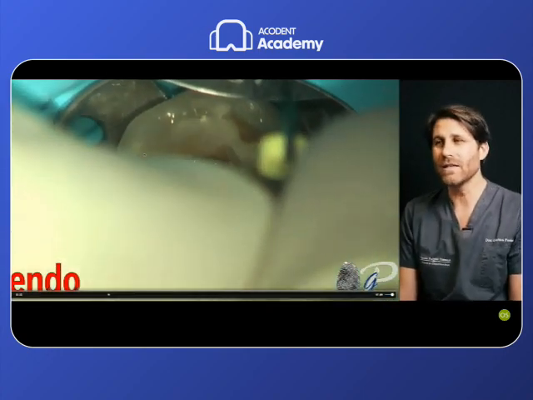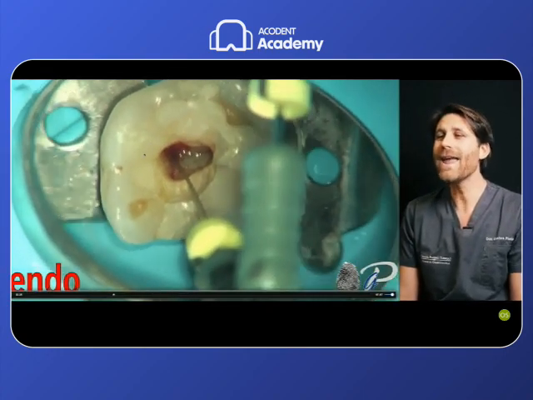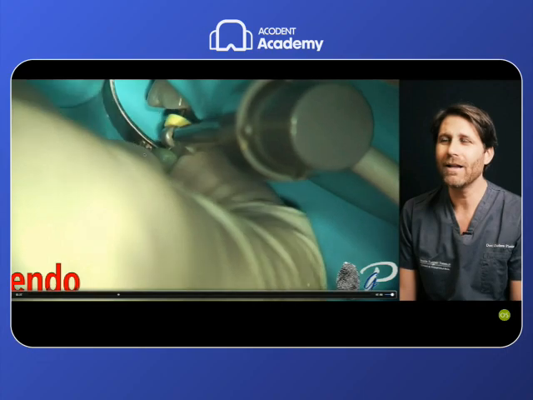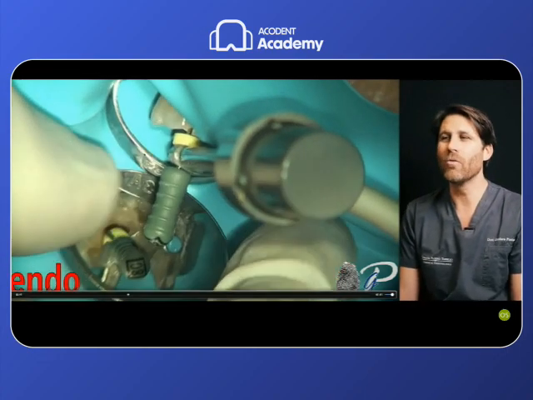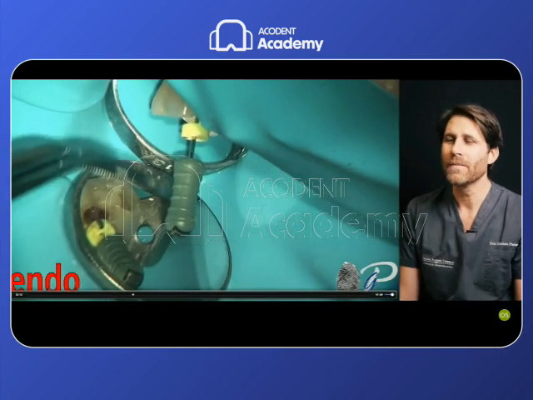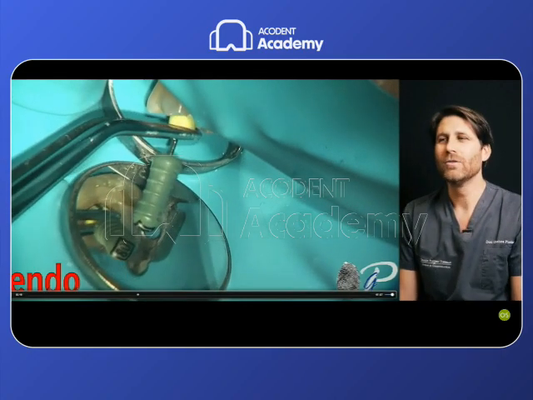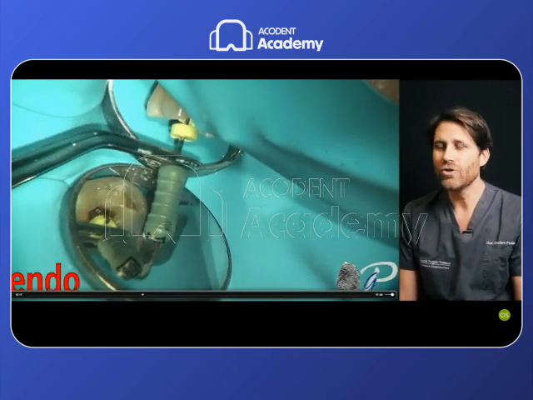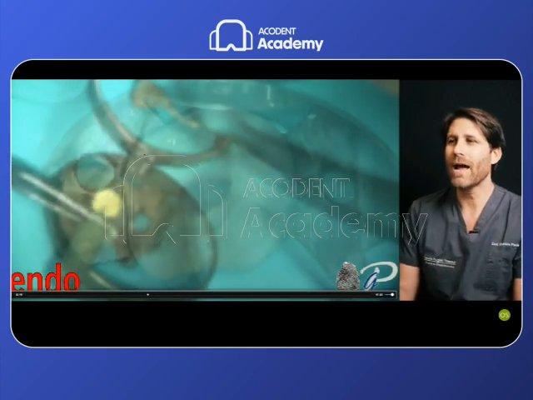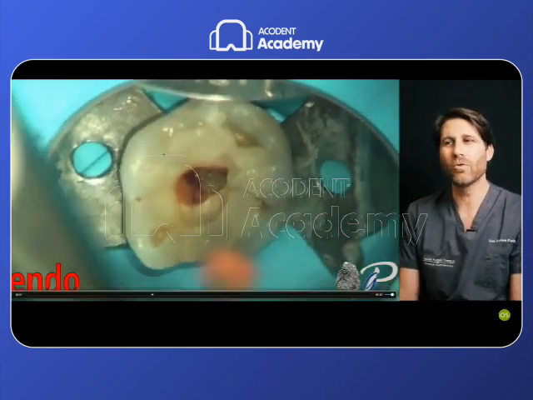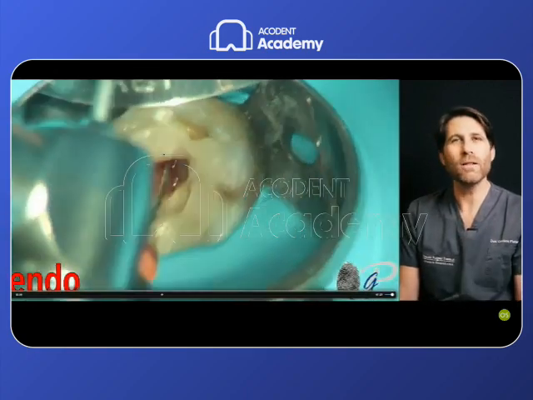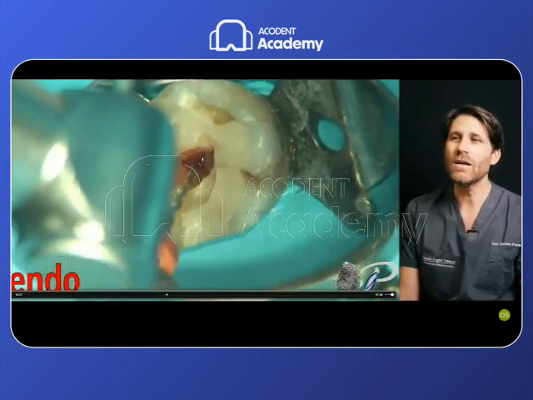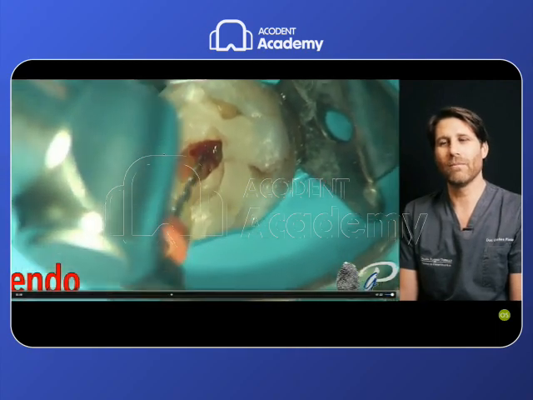So after the 6, I use the size 8 stainless steel K file under the control of the apex locator with this small watch winding movement, without working on the file, to try to reach the working length. Just exploring the apical path. And look, there was an abrupt apical curvature, but the natural path was explored because the trajectory was compatible with this stainless steel file.